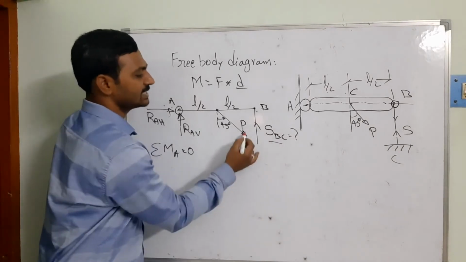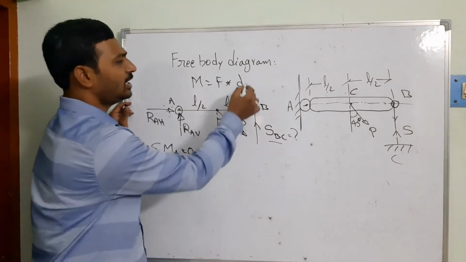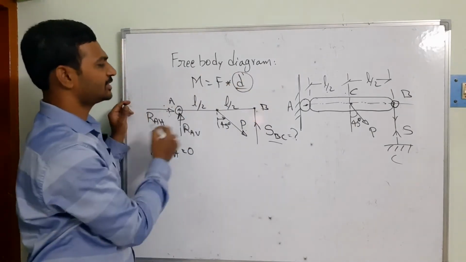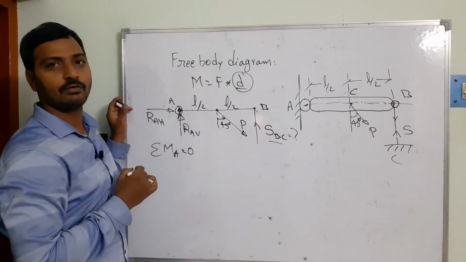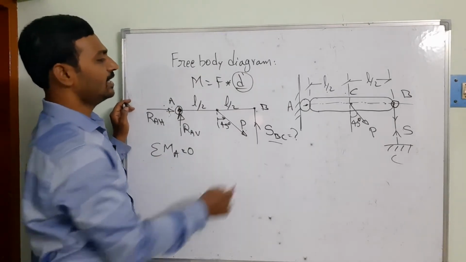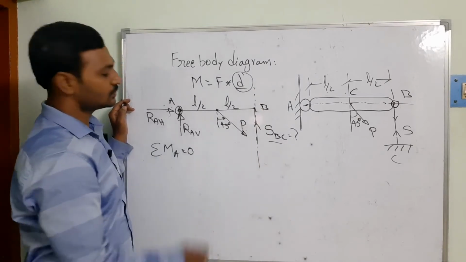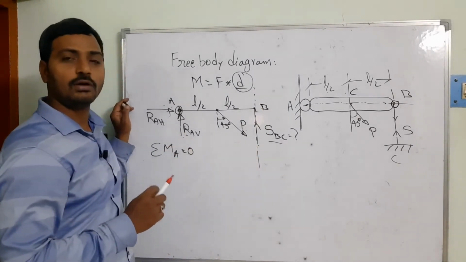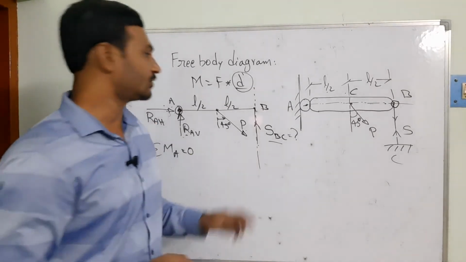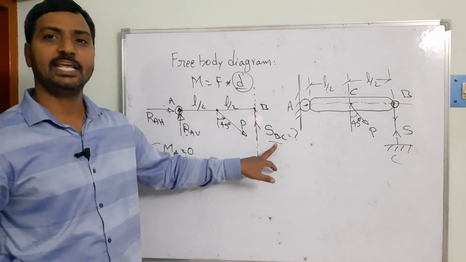Now we need to find out how many forces there are. One is the tension, and the second one is the force P acting. Now I need to find the perpendicular distance to the point A. Can you see, this is the point of observation, right? Suppose this is the line of action of your tension. There is a perpendicular distance L, which is called the arm length of the moment. So we get SBC into L.